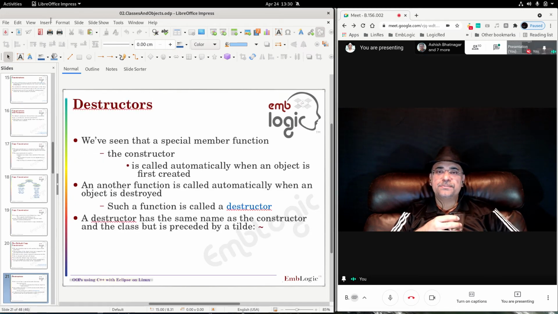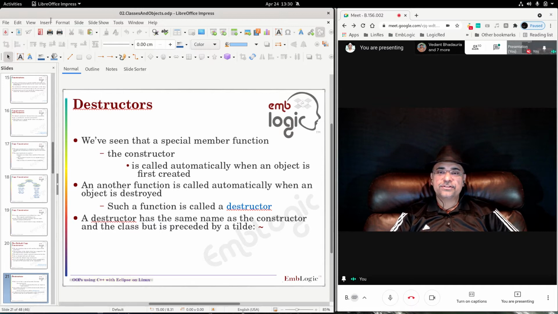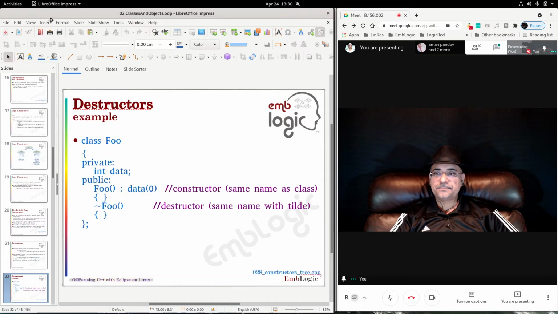We have seen that a special member function, the constructor, is called automatically when the object is first created, and another function is automatically invoked, that is called the destructor. The destructor function has the same name as the class but is preceded by a tilde sign, like this.